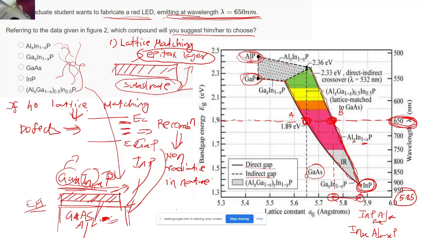I think they are the same because of the wavelength. Sorry? Because of the wavelength, they are the same. No, I'm talking about lattice constant, which is on the x-axis. The indium phosphide lattice constant is this, and you reach the point number B, right? So at point number B, you got some compound, maybe Al x, In 1 minus x, and P. So these two compounds are different now. So their lattice constants I am projecting on the x-axis. So point number C and point number D are their lattice constants, right?